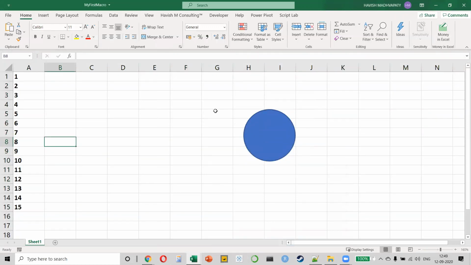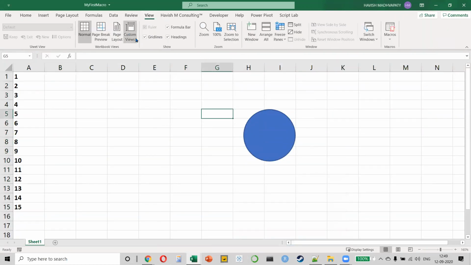Now, some of you may say, but why do we need to do it? I can also click on view and select the formula bar. Same thing, right? But now I'm showing you how you can do these things using VBA code. Also remember, VBA will allow you to do certain things that you can't do in Excel otherwise. For example, look at this.